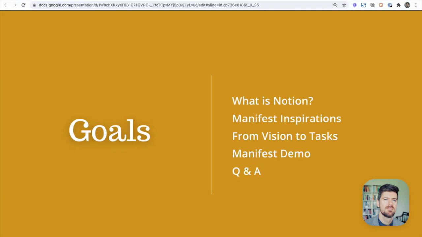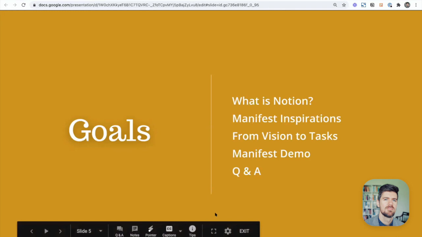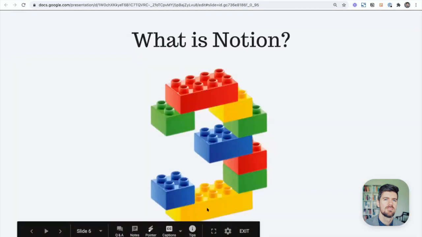Also, we'll look at the mental framework of going from your larger life vision to specific tasks that you're overseeing on a day-to-day basis. And then most importantly, the demo, and hopefully some time for Q&A.